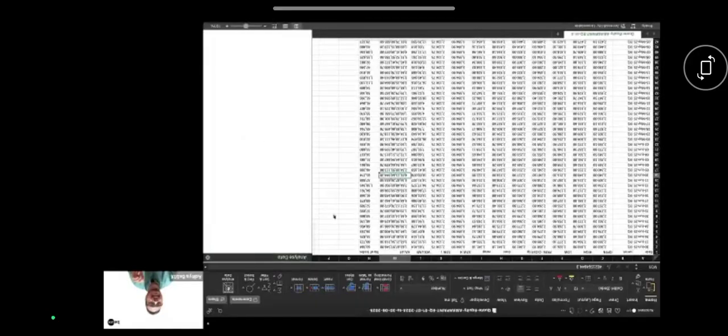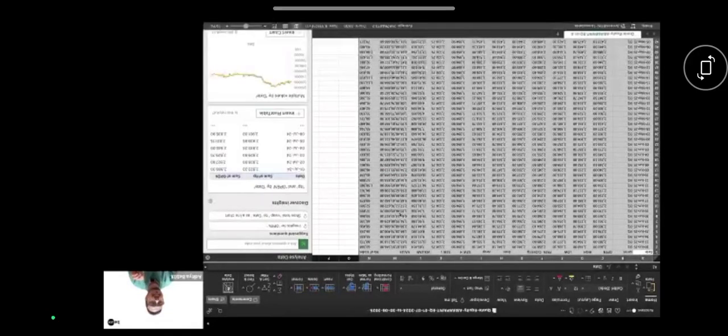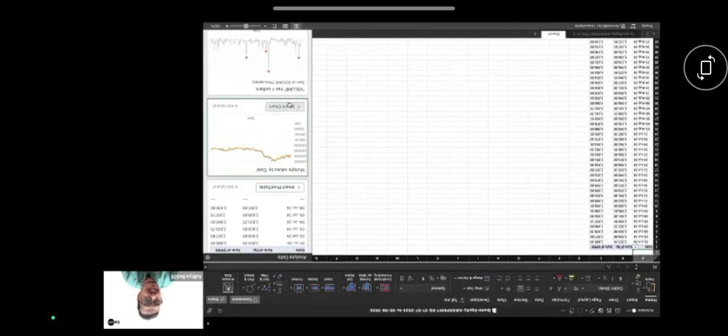Once I click on this analyze data button, you can see there are some sort of things happening. I don't know what is happening. So let me click on insert pivot table over here. A pivot table has been created. Okay, cool. There's this insert chart button.